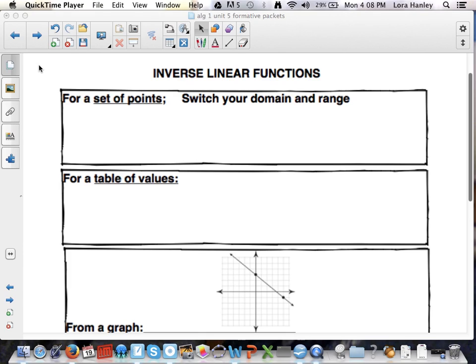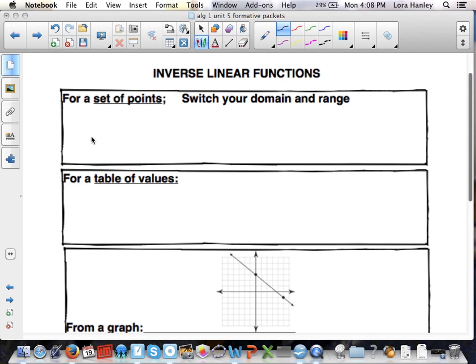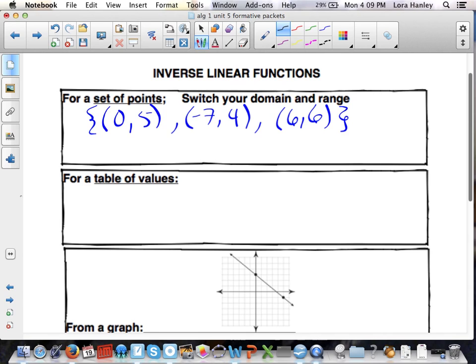Let's say we have a set of points, and I'm just going to make up some numbers. We have the points (0, 5), (-7, 4), and (6, 6). So that would be my current relation. If I want to find the inverse, your domain and your range are swapping. So domain is your x's, and your range is your y's. So my inverse set